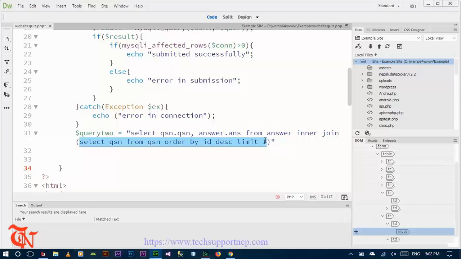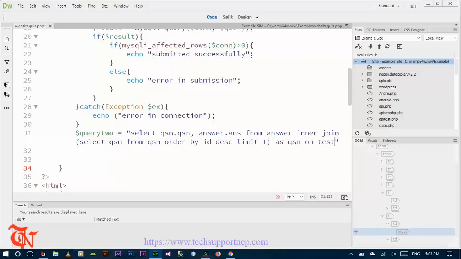That means select the question column from the question table and then order by ID. That means ID is auto incremented 1 2 3 4 5 like that, and this selects the ID in descending order. That is, if we have stored 1 to 5 data in our database, the ID is 1 2 3 4 5, and then descending order means the data is displayed 5 4 3 2 1 in this order, and the limit 1 means extract only one data, that is the topmost data, that is only the ID 5. This query told us this one,